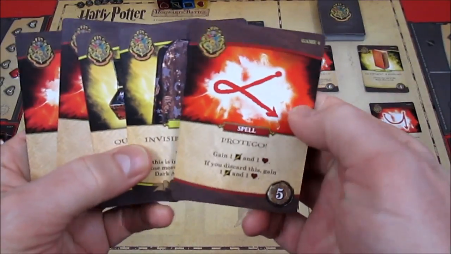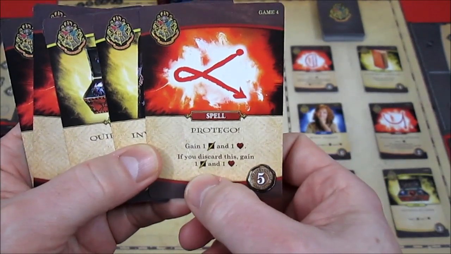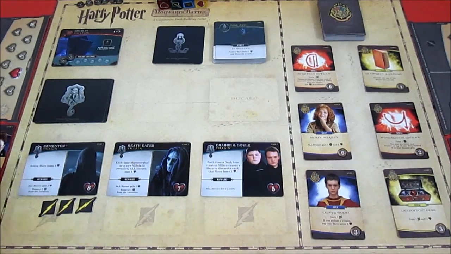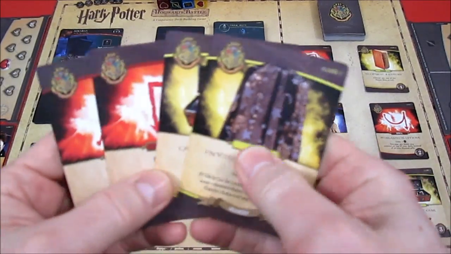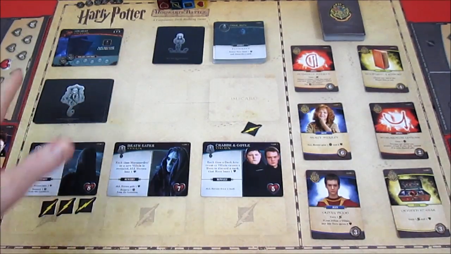which is not bad because he has Protego. If you discard this, gain an attack and a life. So he will discard this card. So Harry gains 1 attack and he gets a life from 4 up to 5. Good stuff. All right. And he has his invisibility cloak with him this time, which is most excellent because now